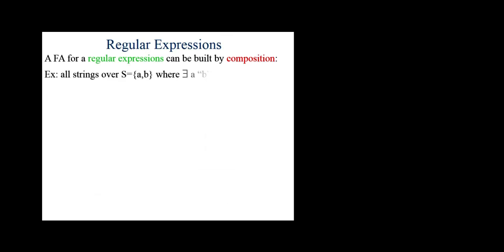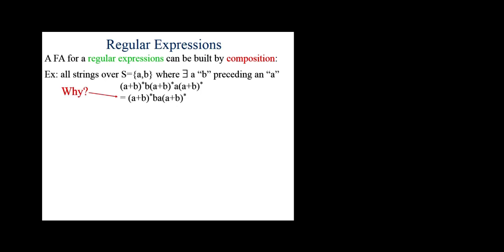So regular expressions are therefore built by composition. Let's see how these compose with each other on an example. We're going to construct a regular expression that denotes all strings where some B precedes some A. So it's really like sigma star B sigma star A sigma star. In other words, there's fluff before, between, and after the BA, and somewhere in there there's a B before an A. How many see that this English sentence, all strings over AB where there's some B preceding some A, corresponds to this regular expression? Okay, so that's an example.